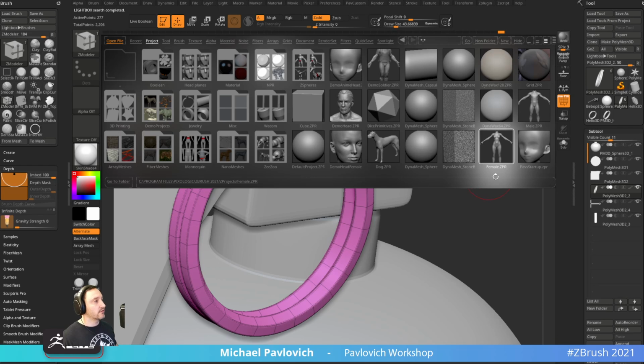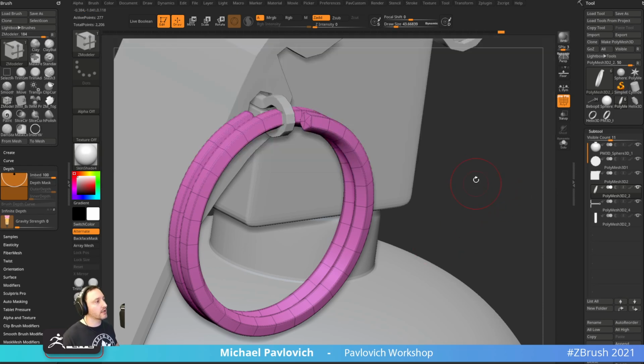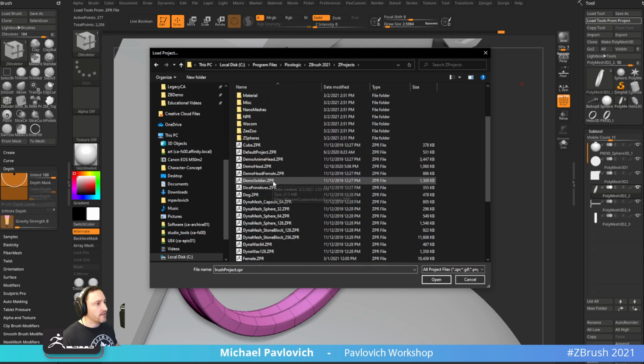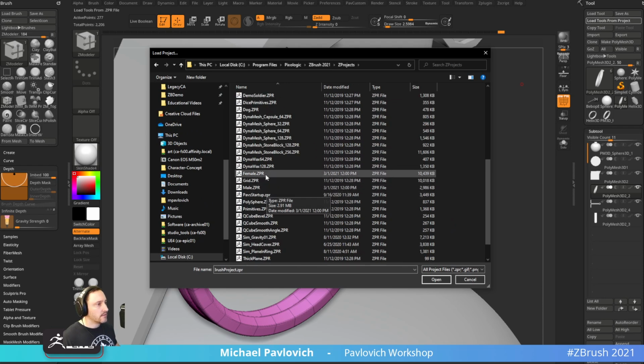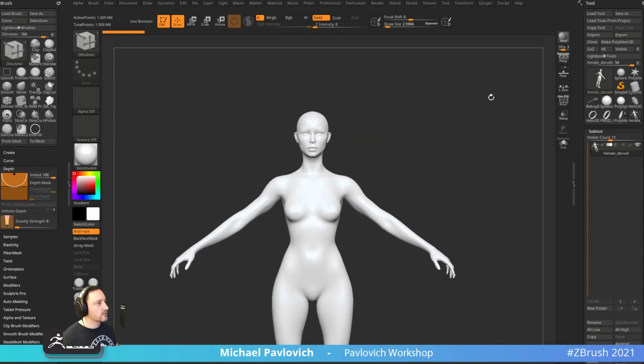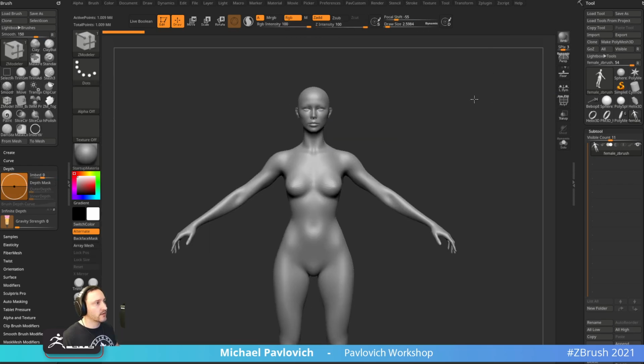In fact, if you're worried that loading a Z project is going to blow away everything you're working on, I can literally bring her in for reference. Just do load tools from project, go to ZBrush 2020, Elemento projects, ZBrush 2020. So C, program files, pixel editor, ZBrush 2021, Z projects. And then there's going to be a female Z project. If you double click this one, that'll just bring in the tool from that Z project. So you can use her as reference for